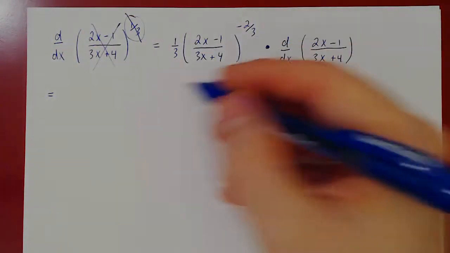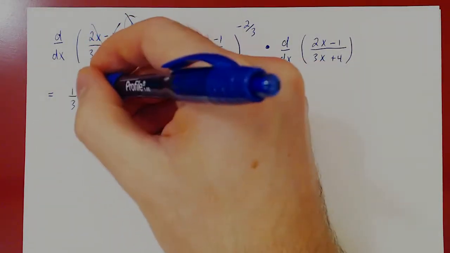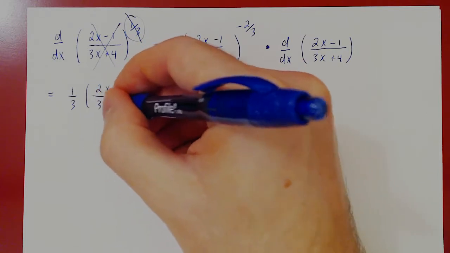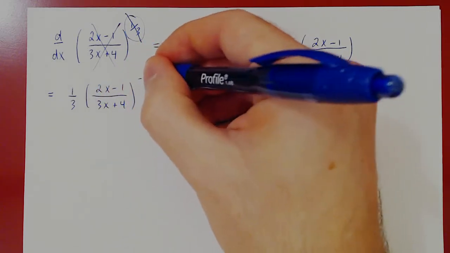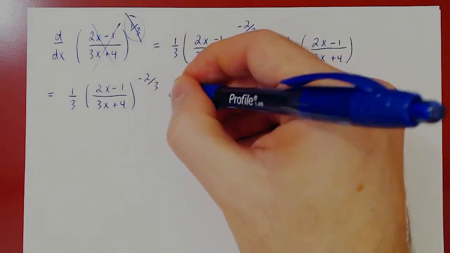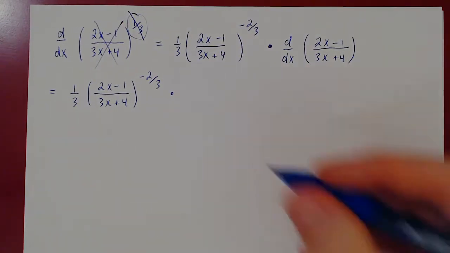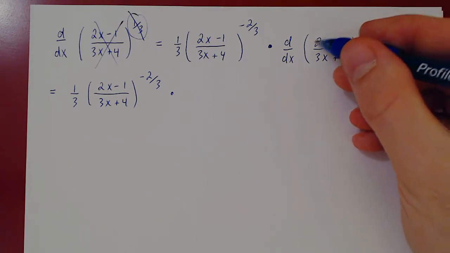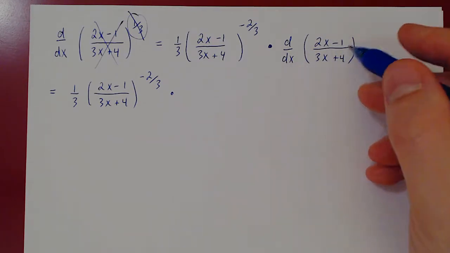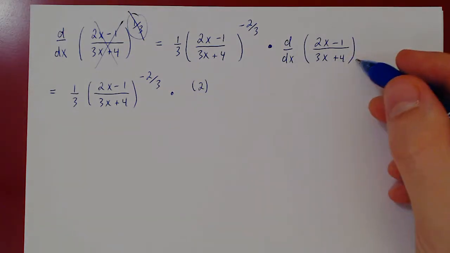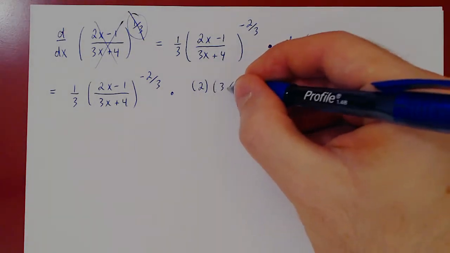This stays there, 1/3, (2x minus 1 over 3x plus 4) to the -2/3, times the derivative of our quotient. So we call the quotient rule. We'll have the derivative of the top, which is simply 2, times the denominator, 3x plus 4,